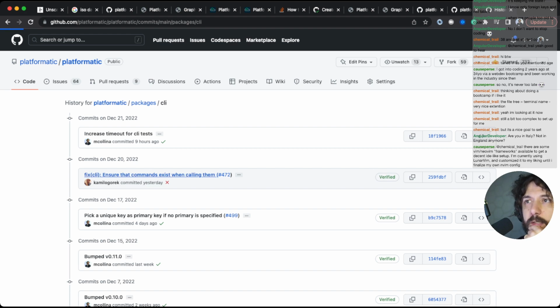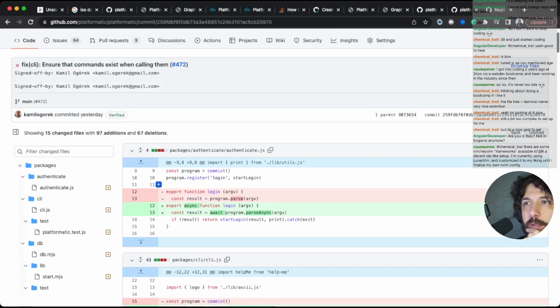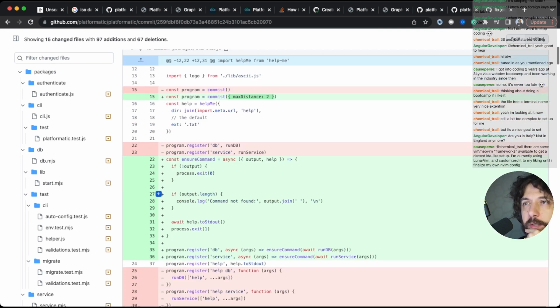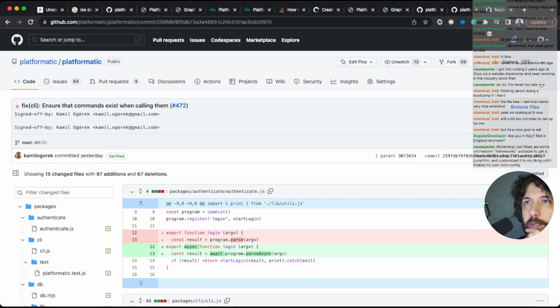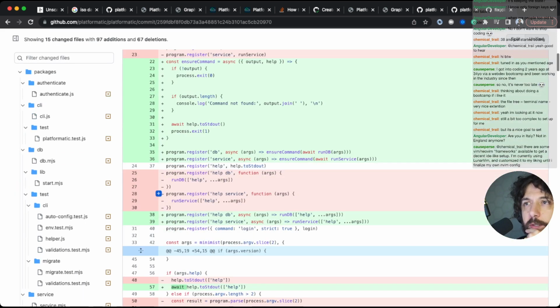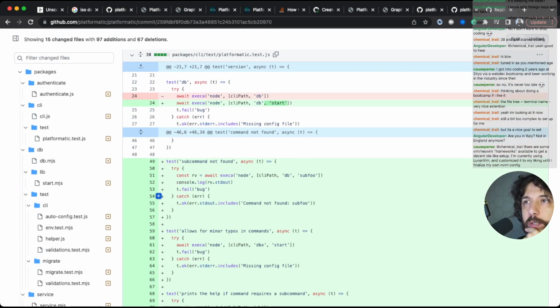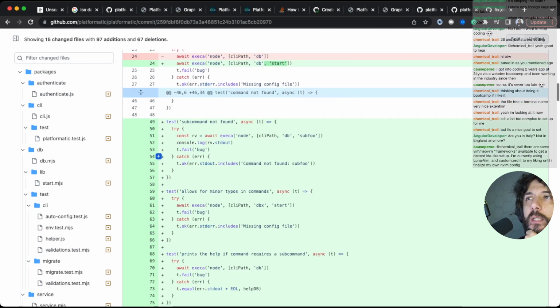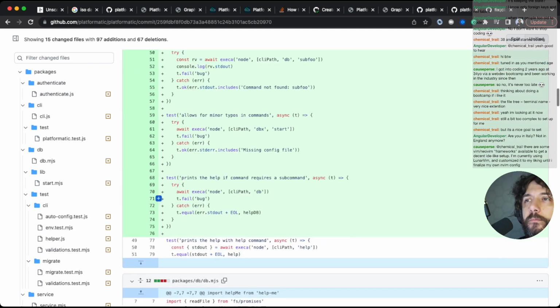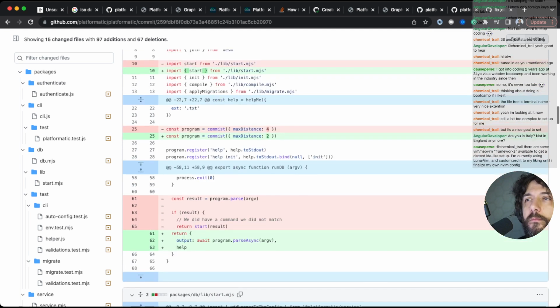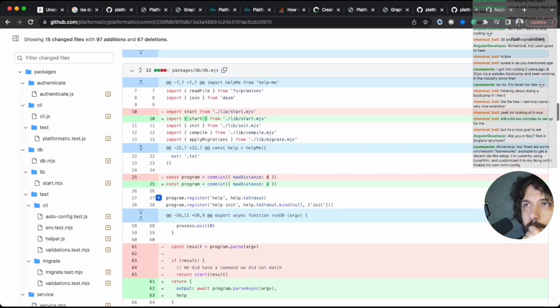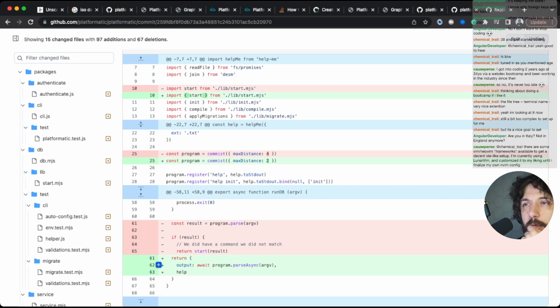Yes, this change that I landed in here. Here, output. Why is that null?